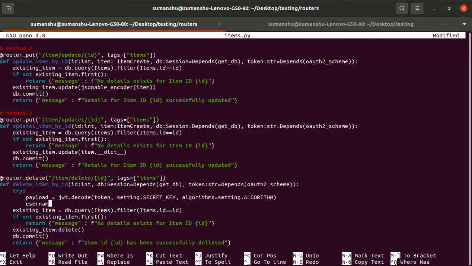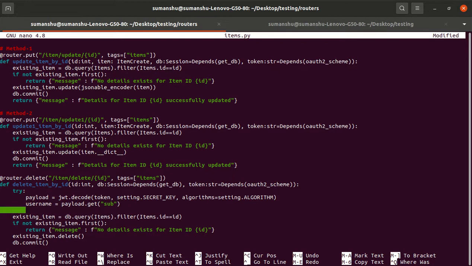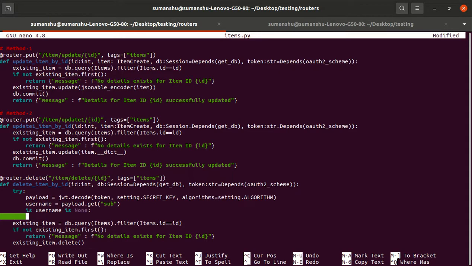All right, so we have to get the username from the payload dot get, and the username is basically the email which is in the sub keyword. So if username is none, we will raise an exception. I am writing the same code.